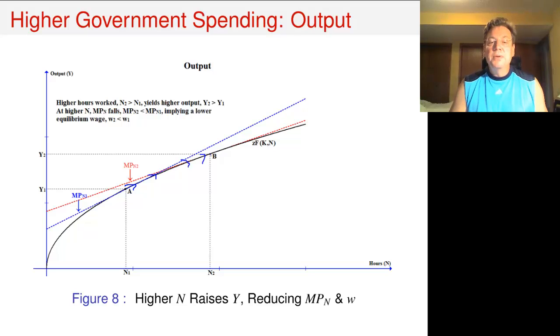And what is happening is, again, remember that equilibrium is going to require that the marginal product equal the wage. So as output rises, the marginal product is falling, and that then is consistent with having the wage fall in equilibrium. So I want to emphasize that here we're talking about what happens to the wage in equilibrium. Every individual firm is still behaving competitively, taking that wage as given, but they are seeing that in the market as a whole, the wage is starting to fall. And that's what induces this slide up along this production function.